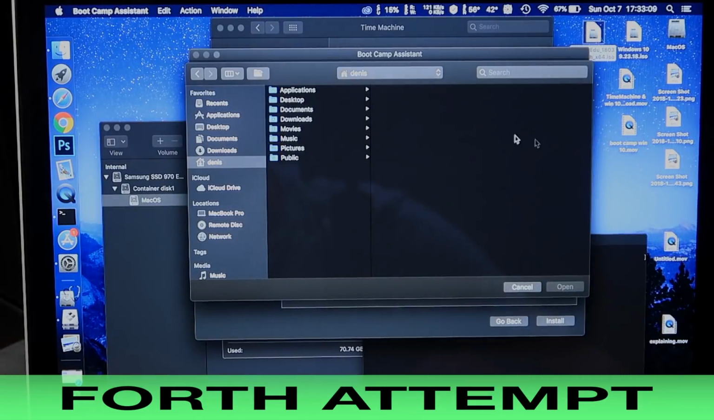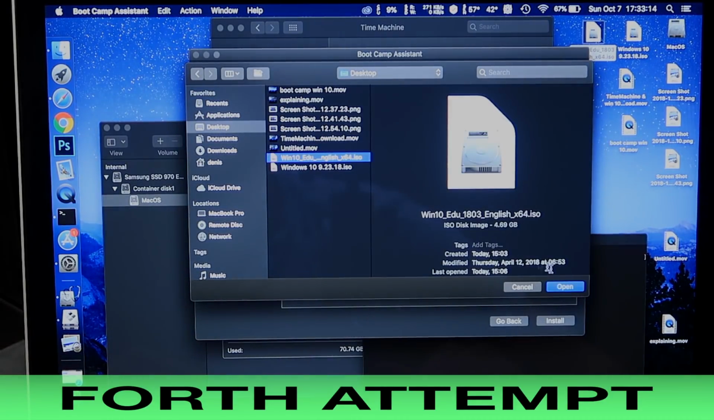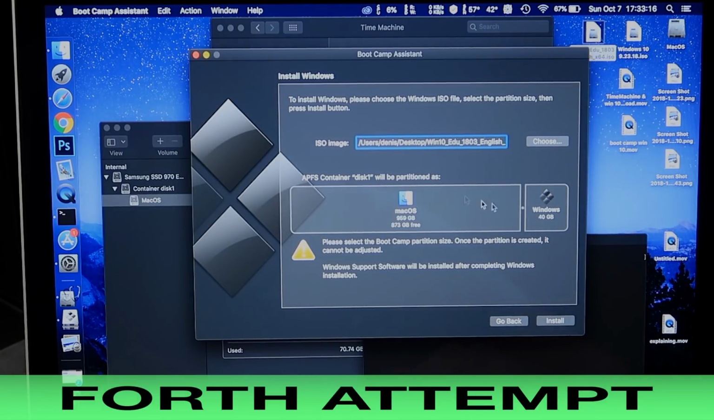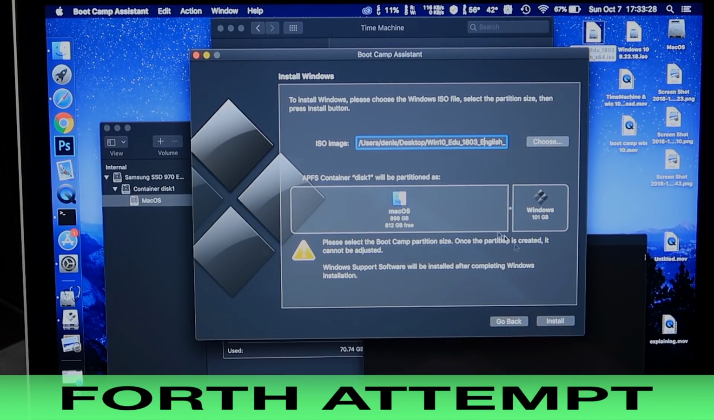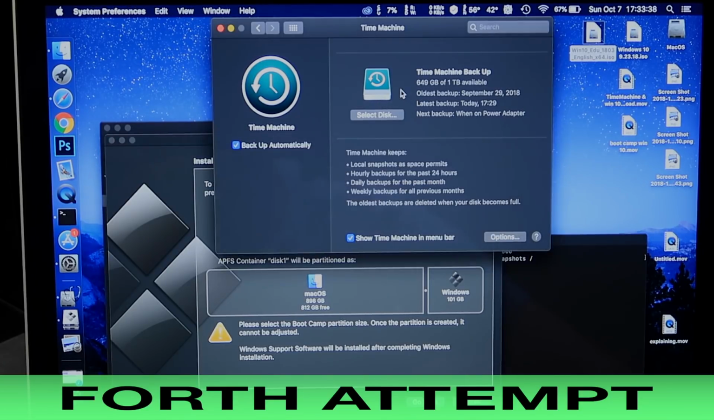So choose, go to desktop and choose your Windows like this, open. Okay, I'm gonna go with 100, 200, no, let's do 100 gigabytes because maybe a lot of you can only afford 100 gig. Okay, the one's 101, okay, fine. Alright, so macOS, one partition like I said, Windows 10, I have my time machine disk still selected here,